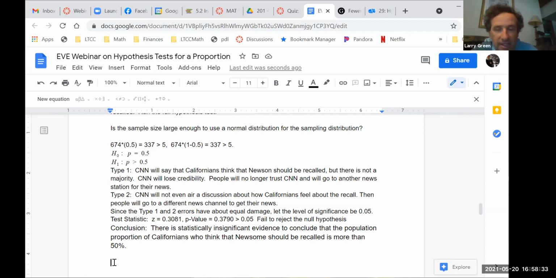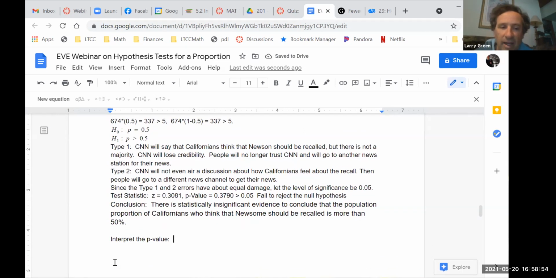All right, now that we got the conclusion written, how about interpreting the p-value? The idea is the same as Tuesday, except now it's going to talk about proportions instead of means, but same thinking. So if we want to interpret the p-value, which was about 38%, we would say that if, big word if, exactly 50% of all Californians think that Governor Newsom should be recalled,